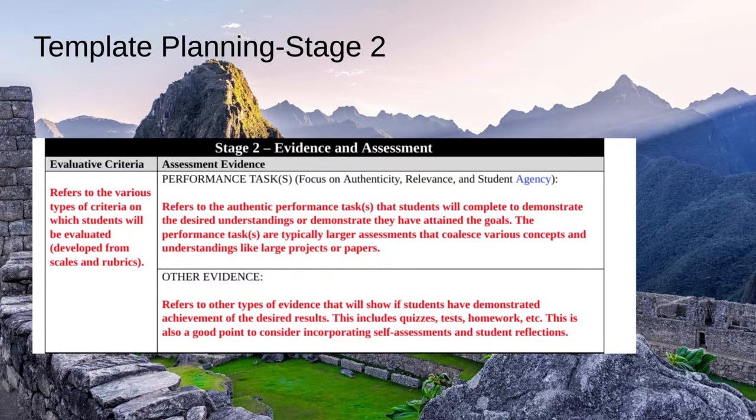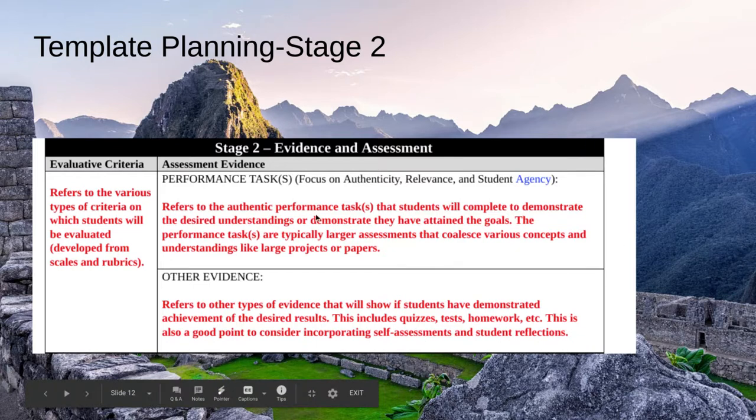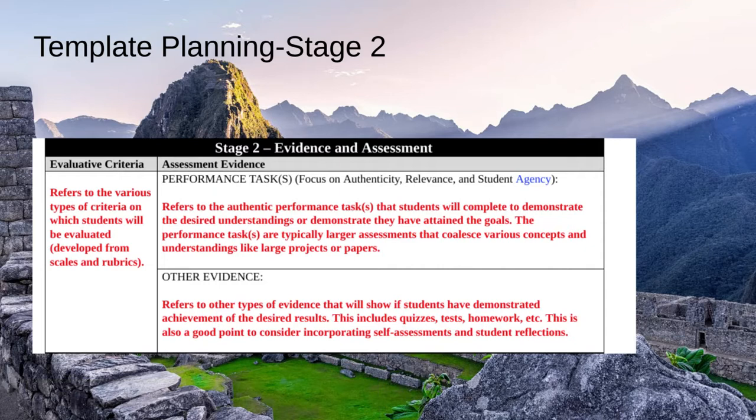Stage 2 is creating that assessment plan. So once we've got a great question for students to answer, we've got to come up with the task they're going to ultimately be working toward. And that's here. And that's, again, where we want to focus on making sure it's an authentic task, that it's relevant, that students have agency in the way they're going to show that it's based on those big essential questions, and that students are going to be able to ultimately answer them in a way of relatively of their choosing,